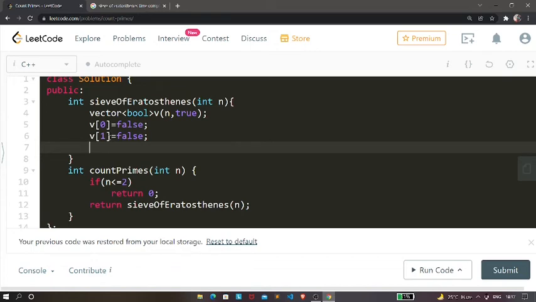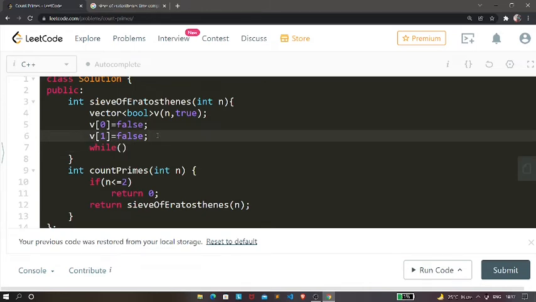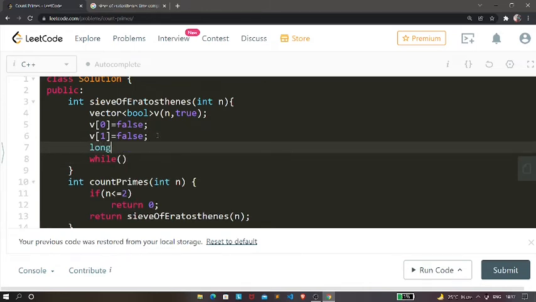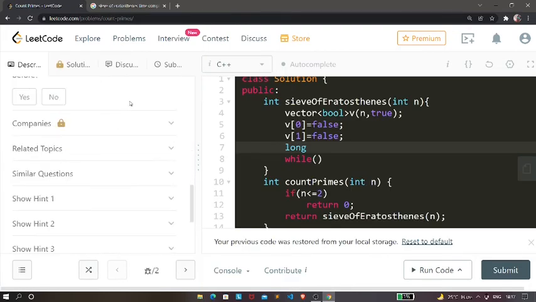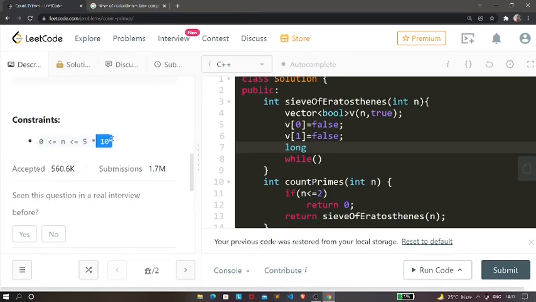Now the next step is that we need to take a while loop. We need to have a long data type, because if we see the constant is 10 to the power 6, and if we use the integer data type, then it will be out of range.